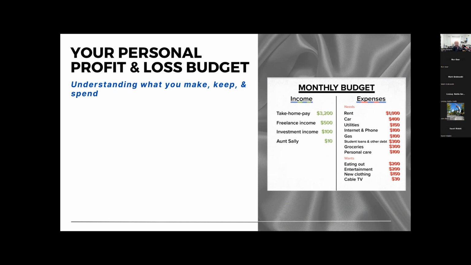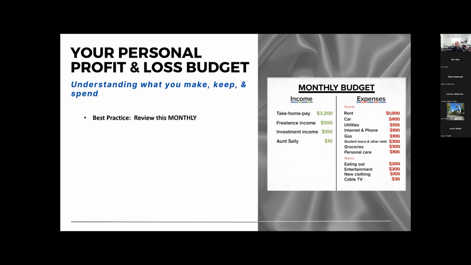On the P&L side, we need to know, hey, here's how much money I make. Here's how much I keep or save. And here's how much I spend, right? Like I said, some of us might be really good at this, so I don't want to belabor the point here and start giving a personal accounting 101 and say, let's sit down and budget our lives. Some of you probably already do this, but I want to hit home the point that we need this. This is really a first step. So we need to understand the income and the expense side of our own lives.